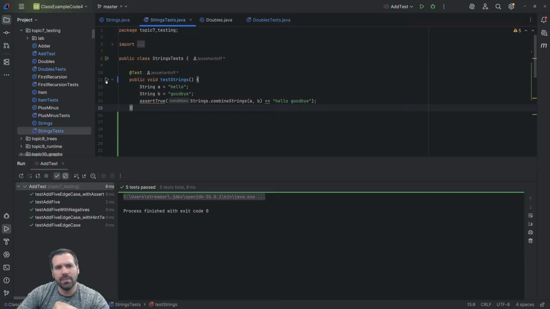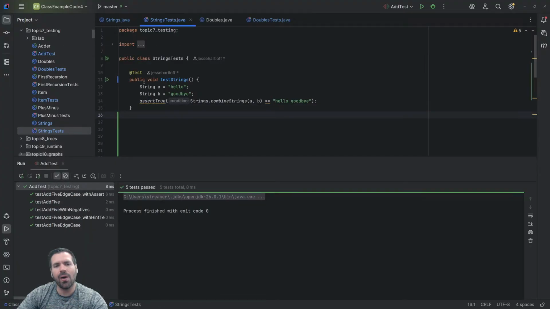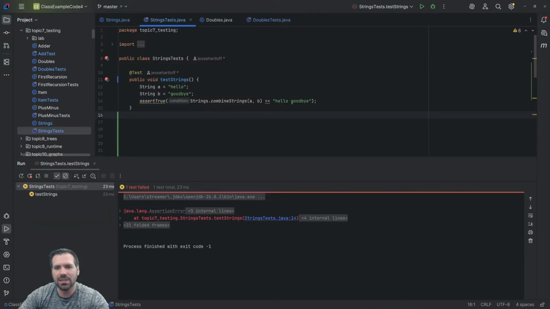And when I hit my go button, if I hit it for the class, or if I right click and go to run, that'll run all of the methods of my test. Here I'm going to intentionally run the go button right next to my test method. What that does is just runs one single method. So I want to intentionally just run one single method here. And this should pass, but